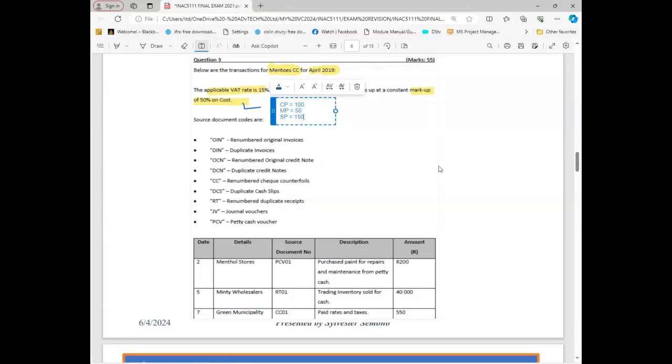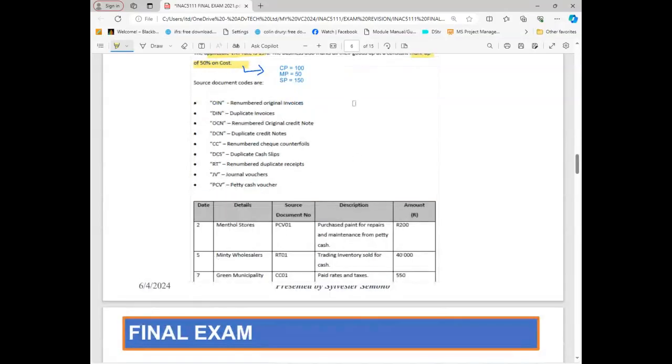I think by now you understand the flow. That's how we flow. So make sure that you know how to do this. It's very important, guys, to make sure that we always analyze. Now in this case, they gave us the source documents. You know the reason why they give you the source documents and the meaning of these abbreviations is because sometimes when you transact,